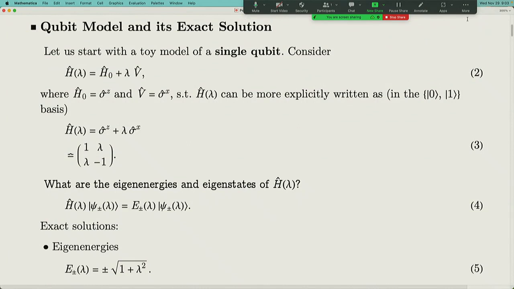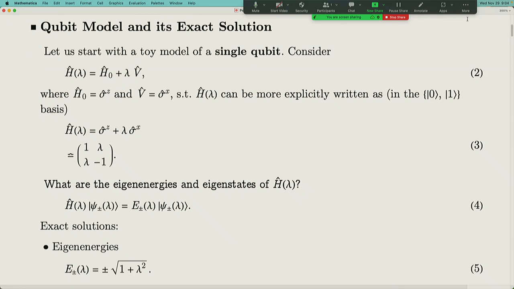In this simple example, we are going to start from a qubit. Let me remind you that a qubit is a two-state system. It's a very simple quantum system whose Hilbert space is two-dimensional. In this two-dimensional Hilbert space, any operator is represented as a 2x2 matrix. So H0 will be a 2x2 matrix, lambda will be a number, and V will also be a 2x2 matrix. In this example, we are going to take H0 as the Pauli matrix Z, and V as the Pauli matrix X,